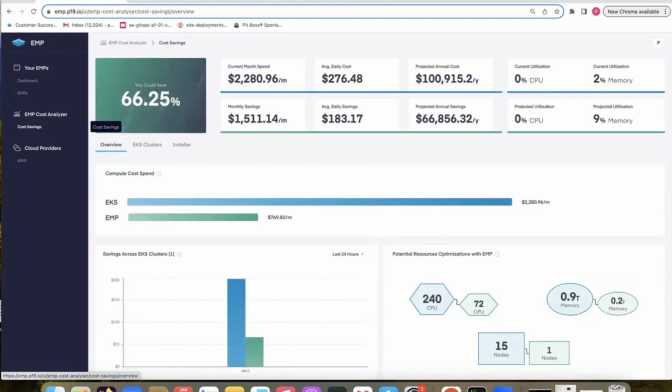Okay, so on this cluster right here, I'm not running any EMPs. All the instances are EC2 instances, okay? And all I've done is deployed the Platform9 Cost Analyzer. I'll talk to you about how we do that in just a second. But this has been running for about 2 weeks now. And this first number is you can save about 66% of your